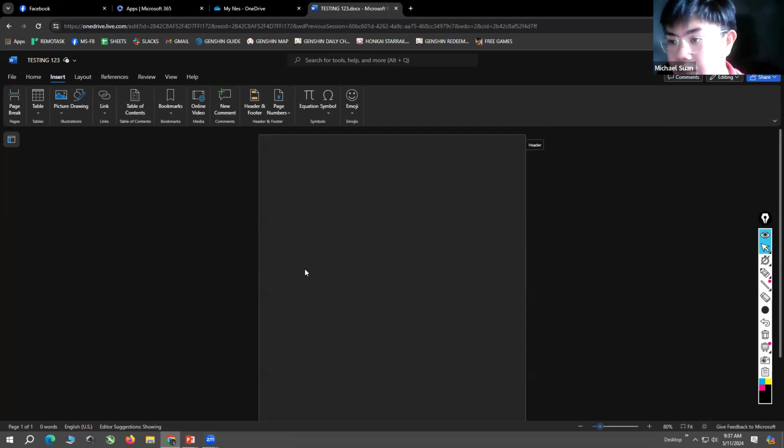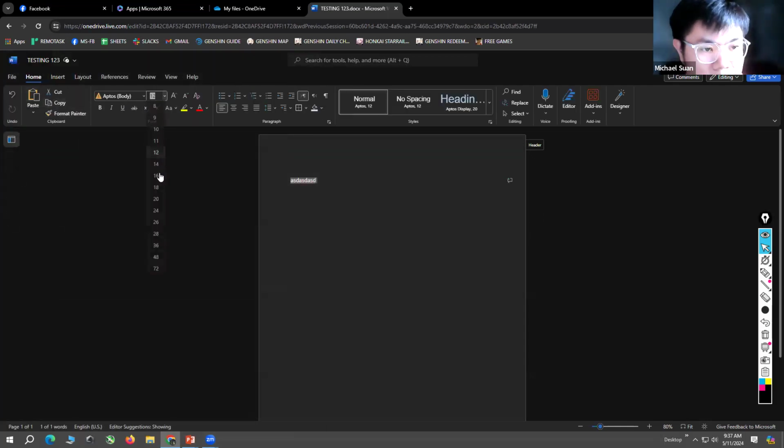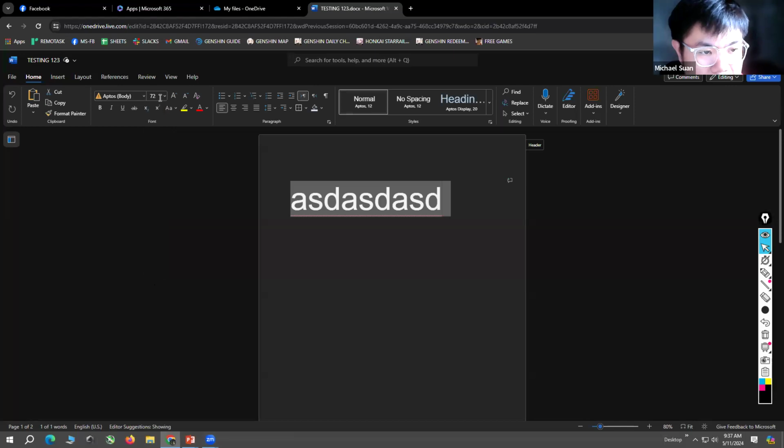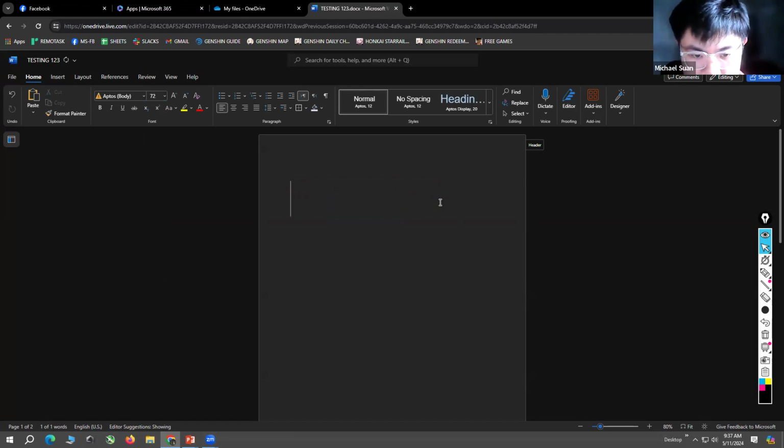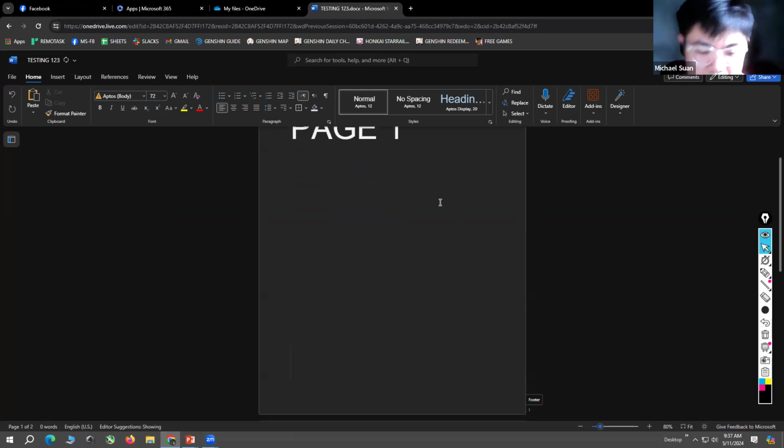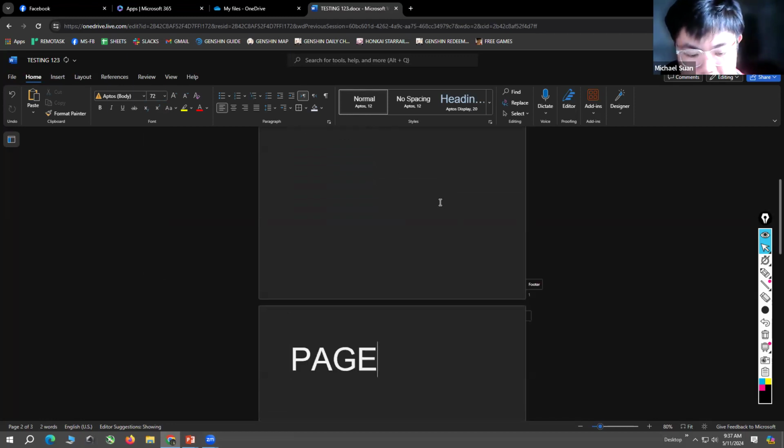Actually, ma'am, for that, if ever, I do it manually. So if ever there are 2 pages, say for example, this is page 1, and then this is page 3.